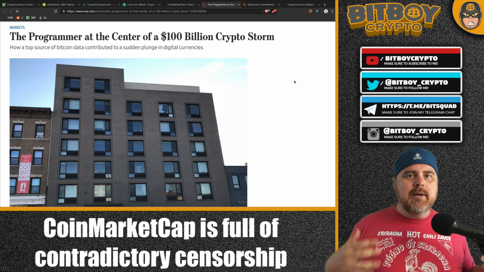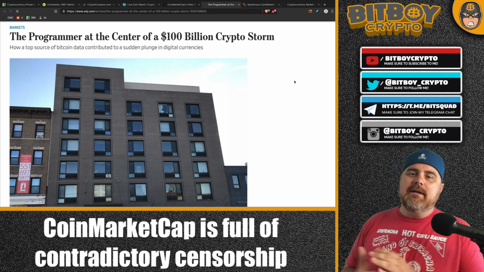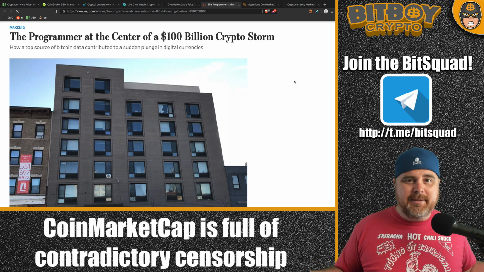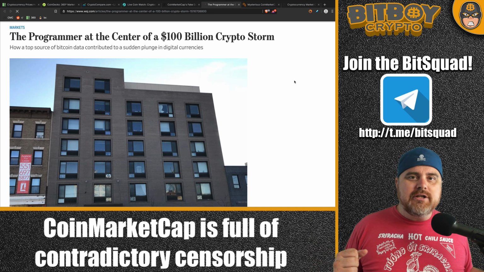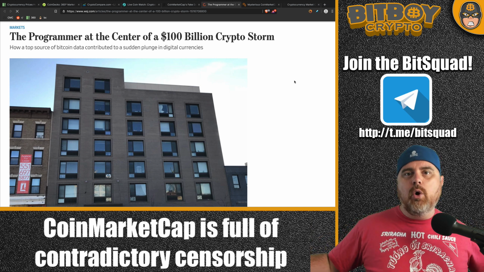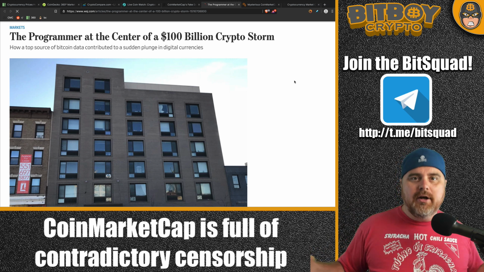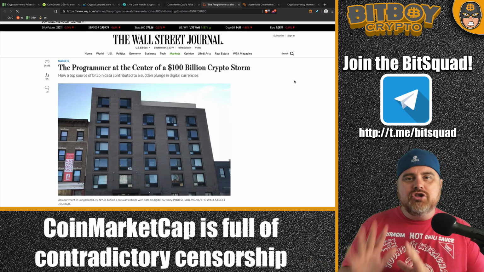So they're always trying to push themselves as like, oh yeah, we want everything to be fair. But yet Bitcoin, everyone knows Bitcoin is a scam. It's been a scam since the beginning. They just printed all these coins out of air. You can go look into the whole thing. Bitcoin is still in the top 100 and they didn't remove it at all. But other projects that don't work with